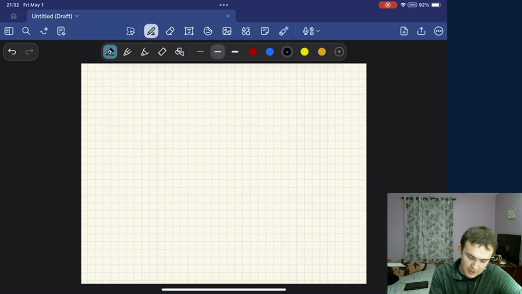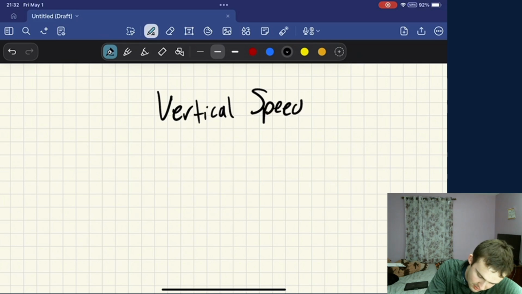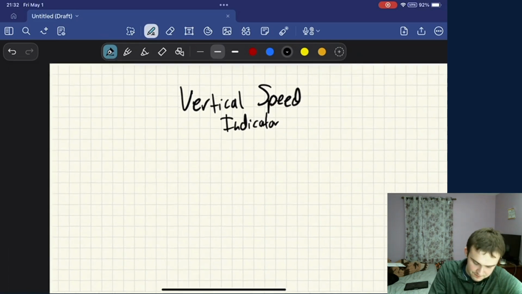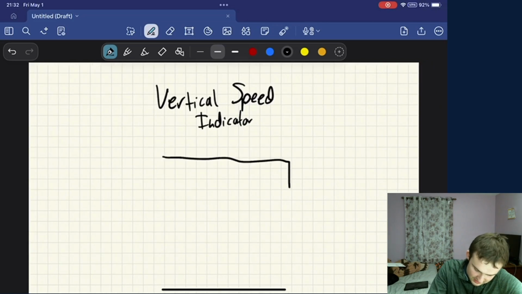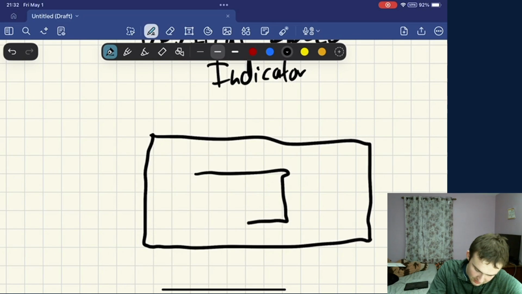And now we're going to talk about what I think is probably the most complicated, and I don't even want to say complicated, instrument that we're going to discuss, which is our vertical speed indicator. And our vertical speed indicator,